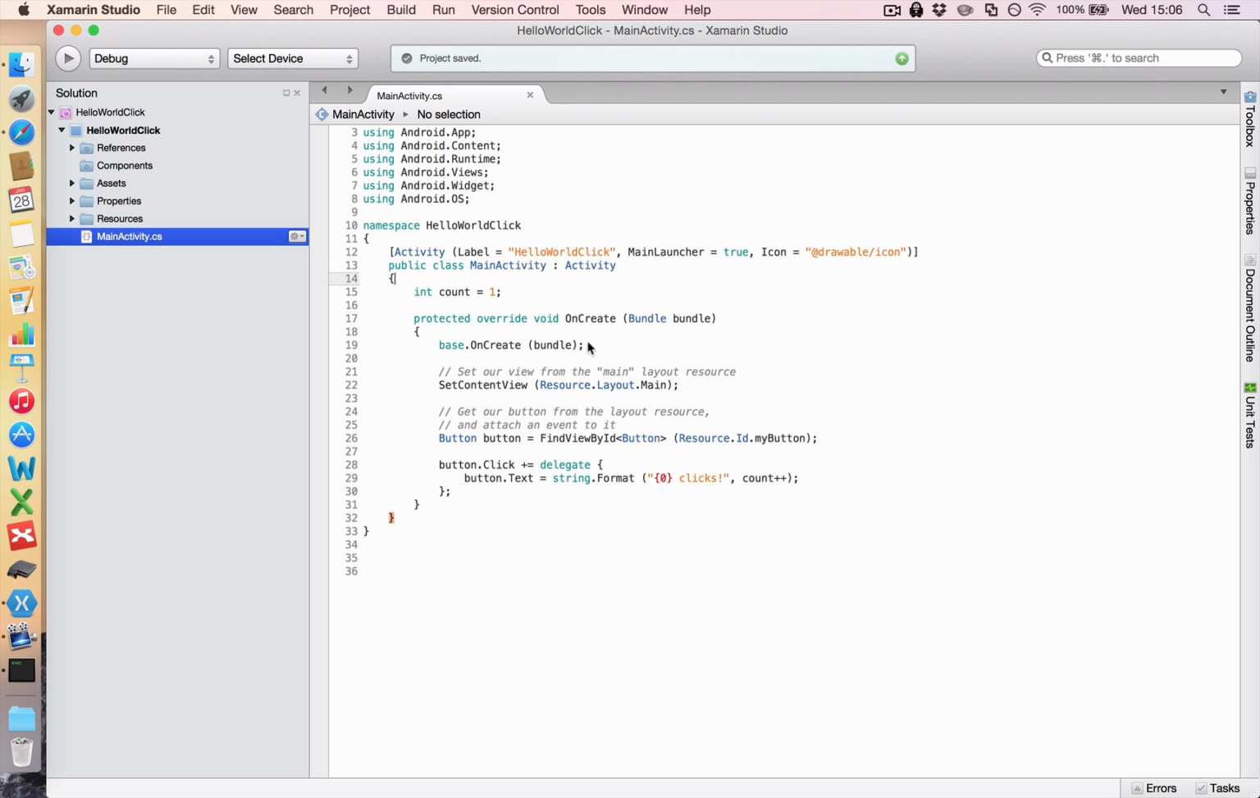So the first thing you want to do at that point is tell the application what to show the user. And in Android, you have these things called resource layouts. We set them by writing SetContentView, and then we refer to where that resource layout is kept. Now if you look over here at the folders,